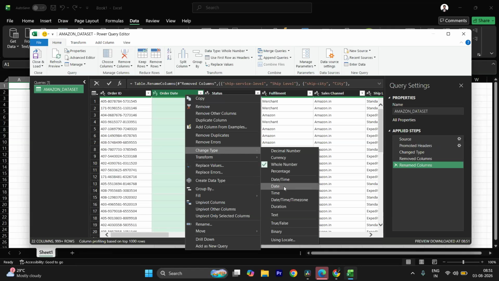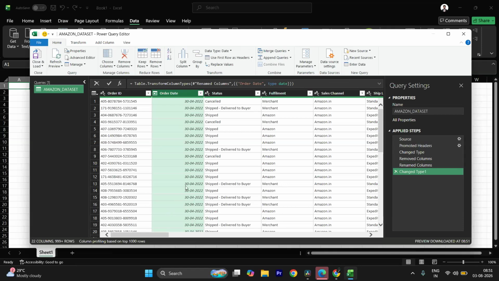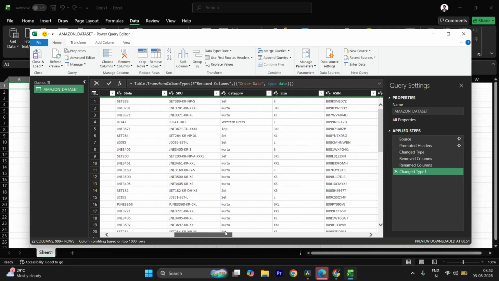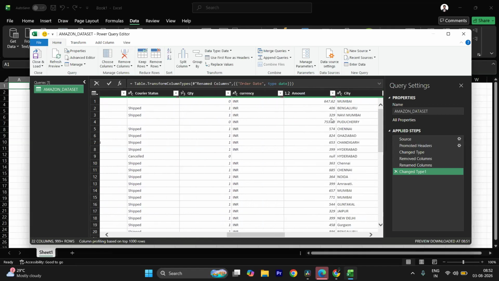So now look here, I can see date here. Just click on the date. Now you will see it in the date format, 2022. So now you get the date, right? Good. Now, an important part. Now look at the amounts. Now, if you see here,